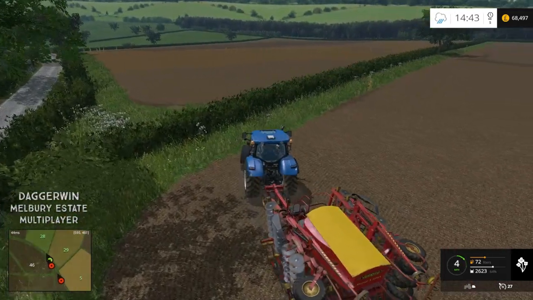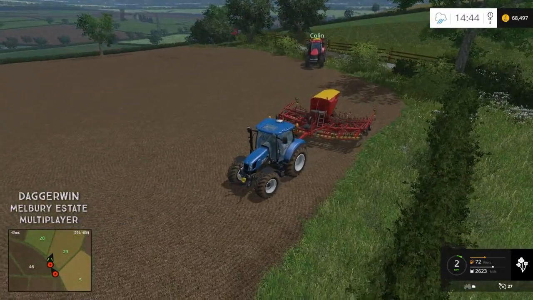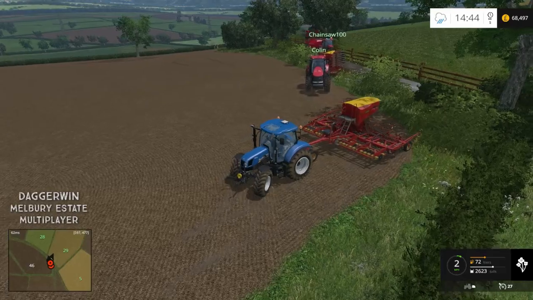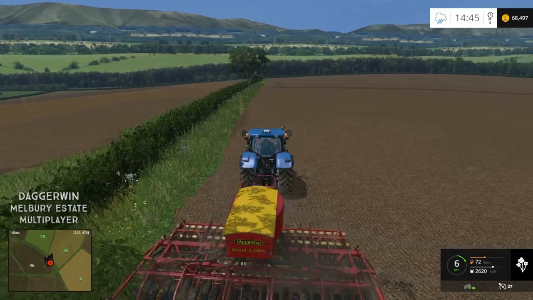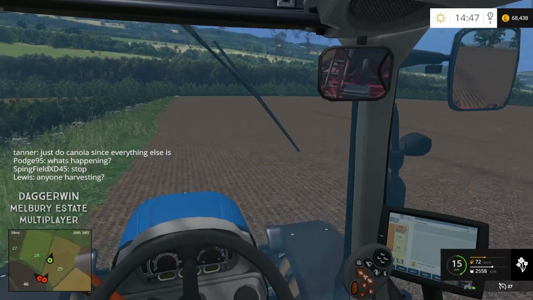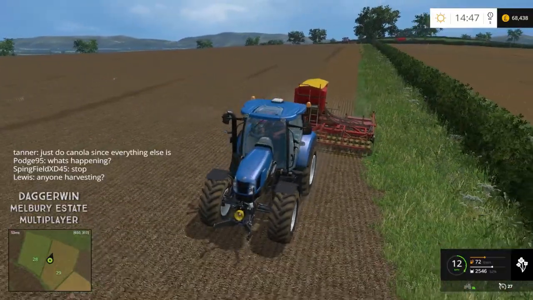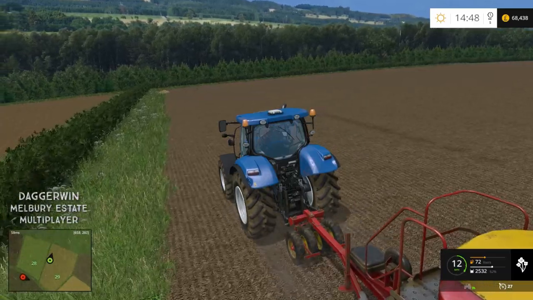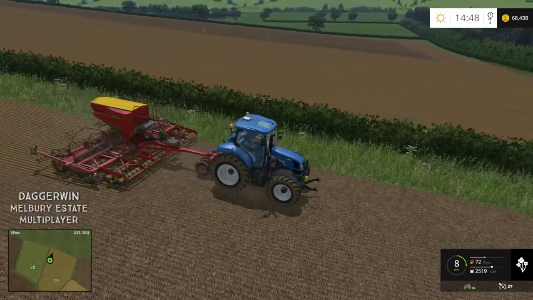I think we've pretty much agreed as a team to do canola, so we'll go for it. So I'm sure someone like Duncan will come and fertilise the field for us, which will then complete the job. I'm not sure if this field has already been harvested once or if it actually started off as a cultivated field, because the map maker, Tomex55, actually has put some details in to make it look like we've already harvested